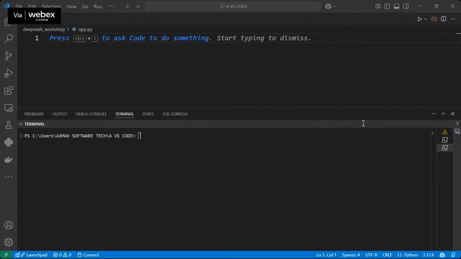Pip install LangChain community. Just copy it into the terminal, enter. Installation's done. Next one, backspace. Second one, pip install Ollama, enter. And then pip install Streamlit. Anyone who is not able to do it can do it later, because I will share this recording with you guys. It will work. Okay, Aryan?